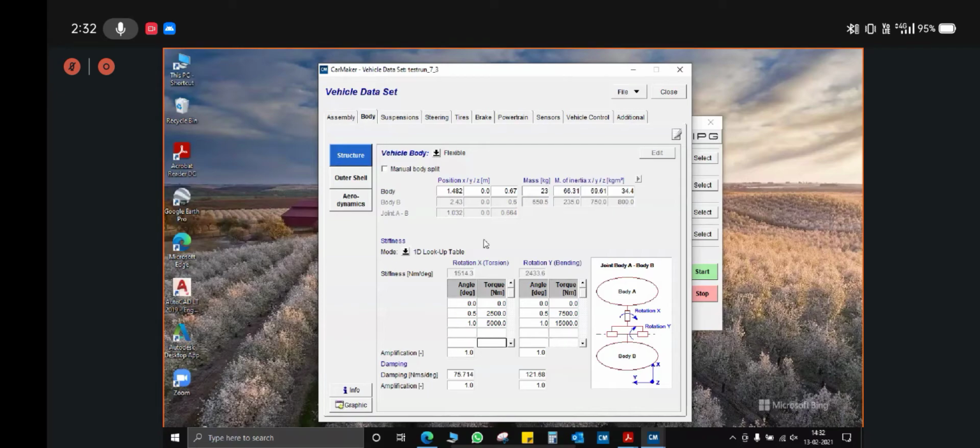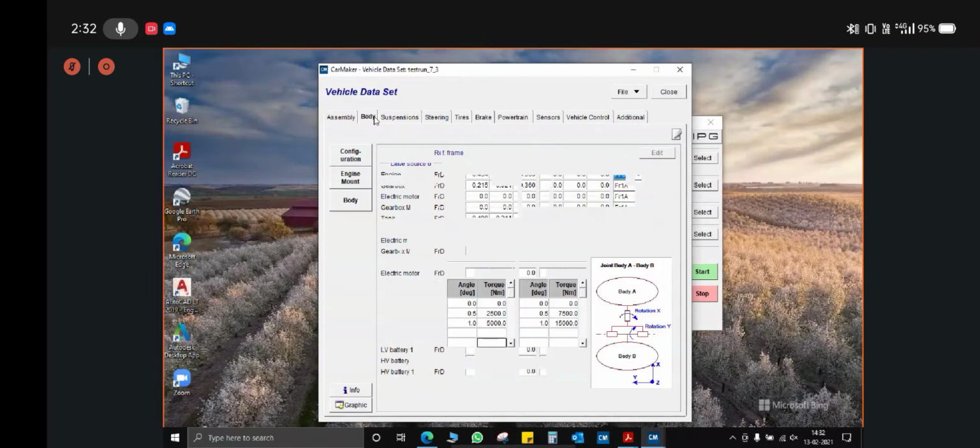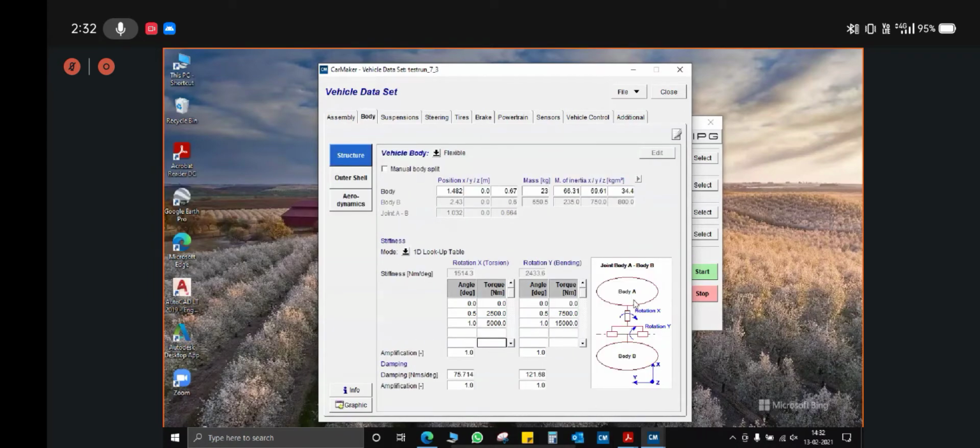And now the FR1A and FR1B that we saw in the powertrain tab. What is that? You can see here on the right side, body A and body B. In most commercial vehicles, the front and the rear body are considered different, and between both of those there is a mounting. That's why the front and rear body are defined as body A and body B in commercial vehicles.